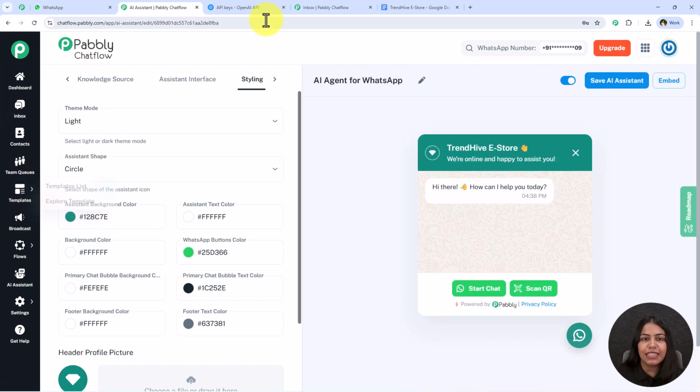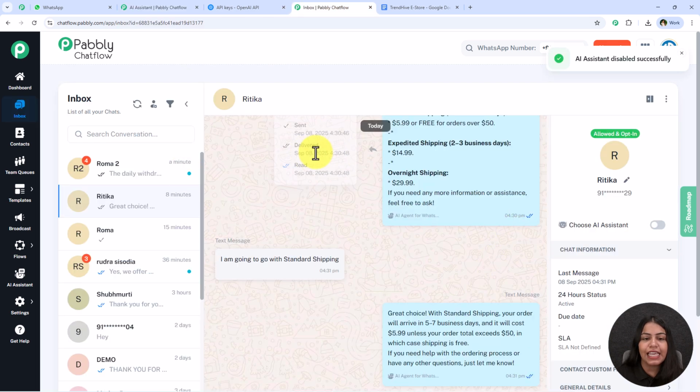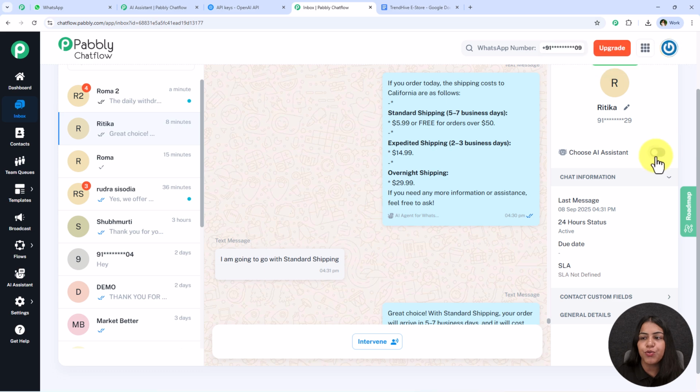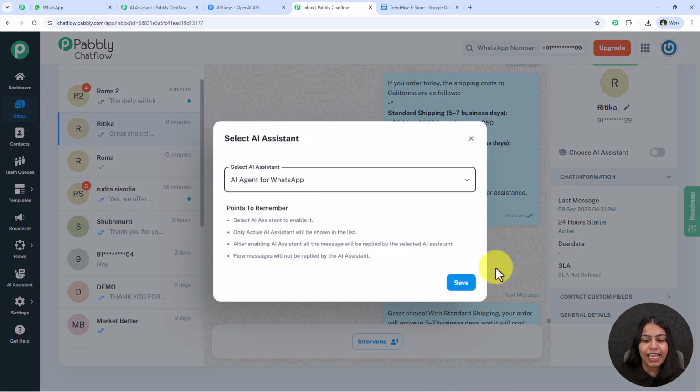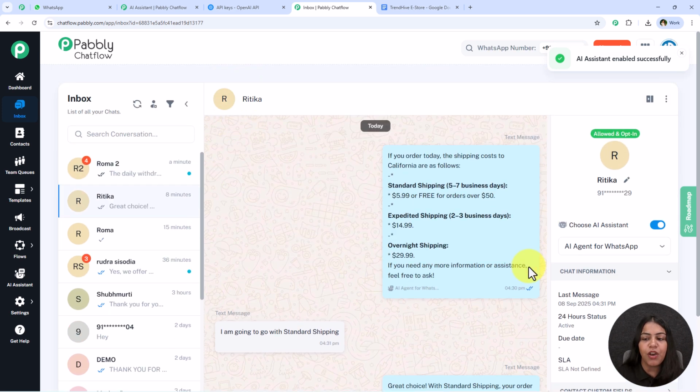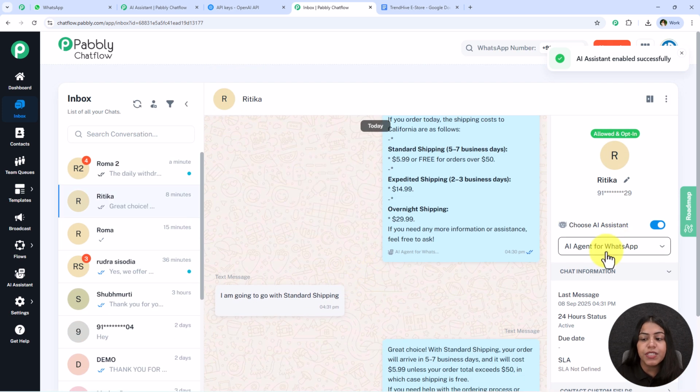Alright, I'm going to open this inbox section in a new tab, and let's say I want to assign this AI assistant to this contact. I'm going to go towards this choose AI assistant, then I'm going to assign this AI assistant and click on this save. And now whenever this user is going to message me, an automatic reply will be generated using this AI